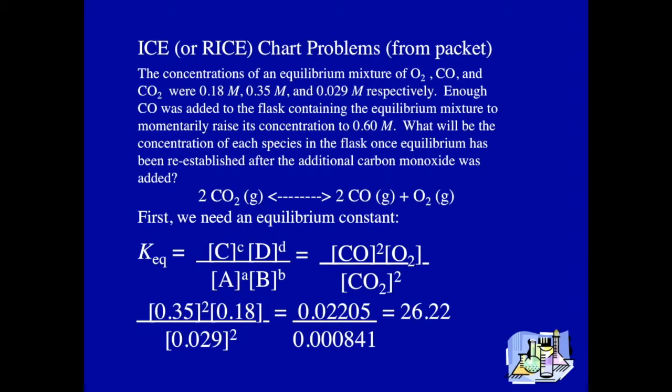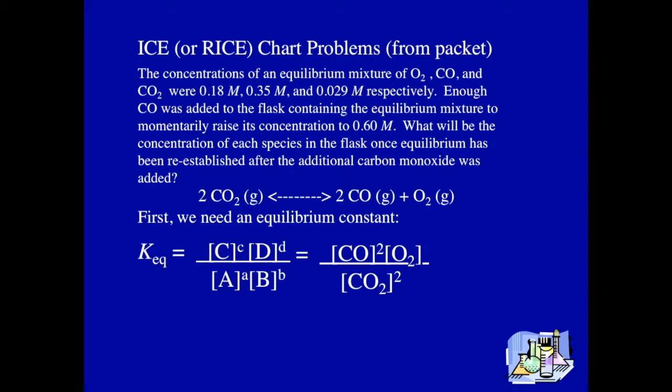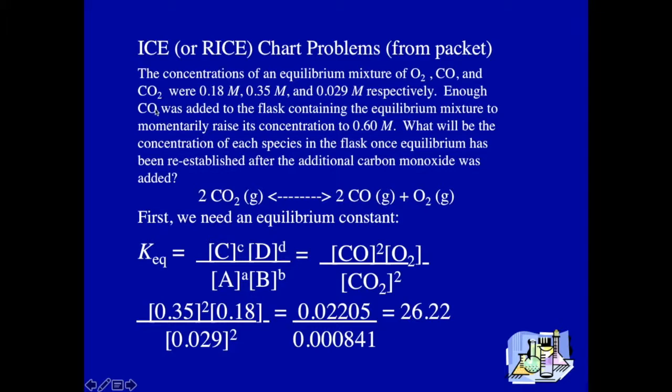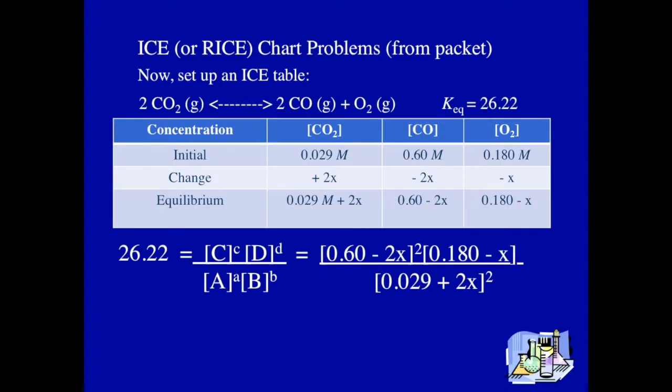All right. Once we have the equilibrium constant calculated, now I need to think about what happened in my reaction. It says that I add carbon monoxide. So I'm actually spiking this, which is going to push my reaction to the left. I've increased concentration here. So this is going to decrease, and this is going to increase, which means when I set up my ICE table, I got the animation wrong, but